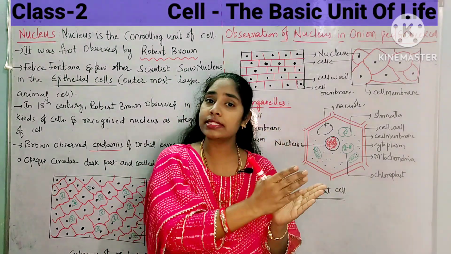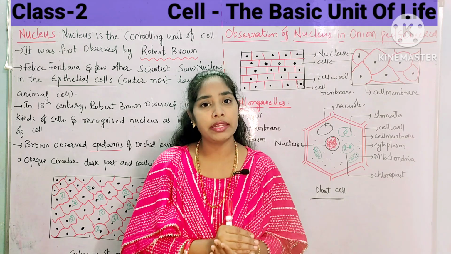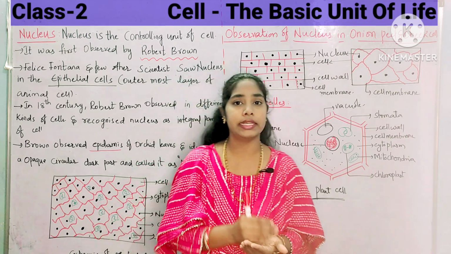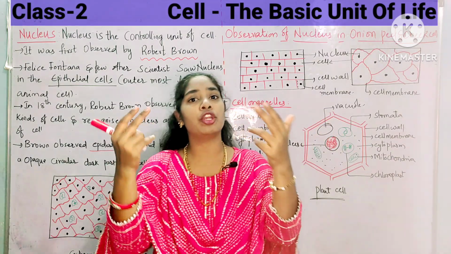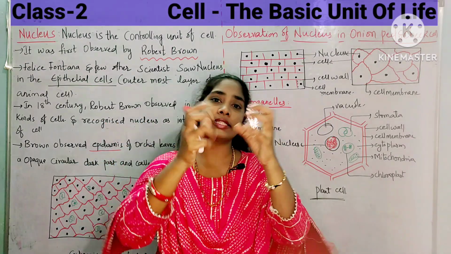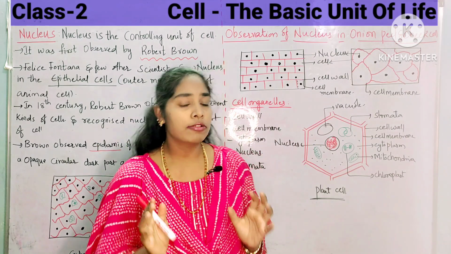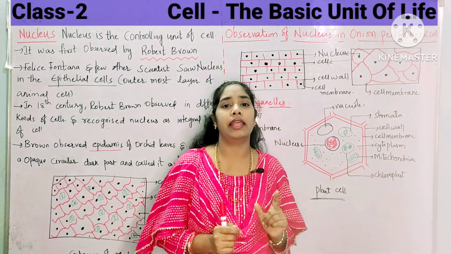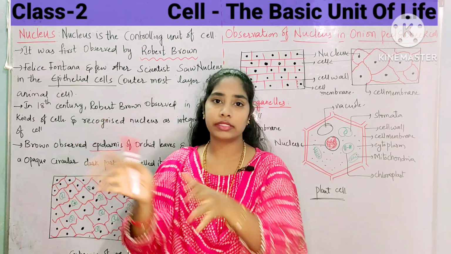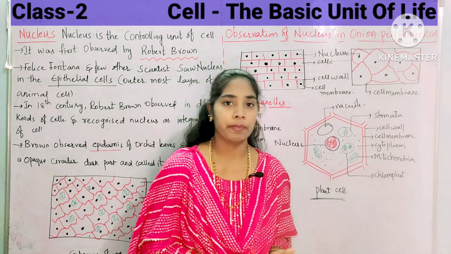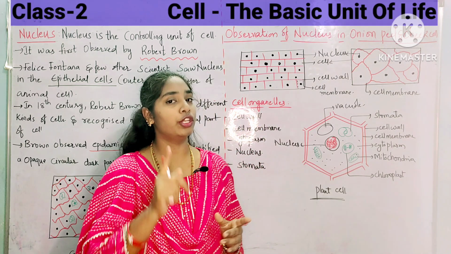What does the nucleus contain? The nucleus contains genetic material. Genetic materials are nothing but DNA, RNA and protein. These keep on dividing. After the division of the nucleus, the complete cell gets divided. In this way, the single cell completely resembles the daughter cells after cell division. The reason behind that is the nucleus.